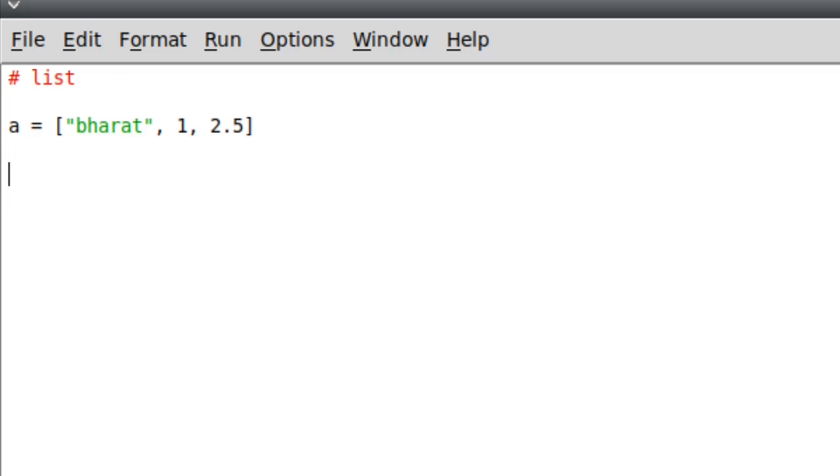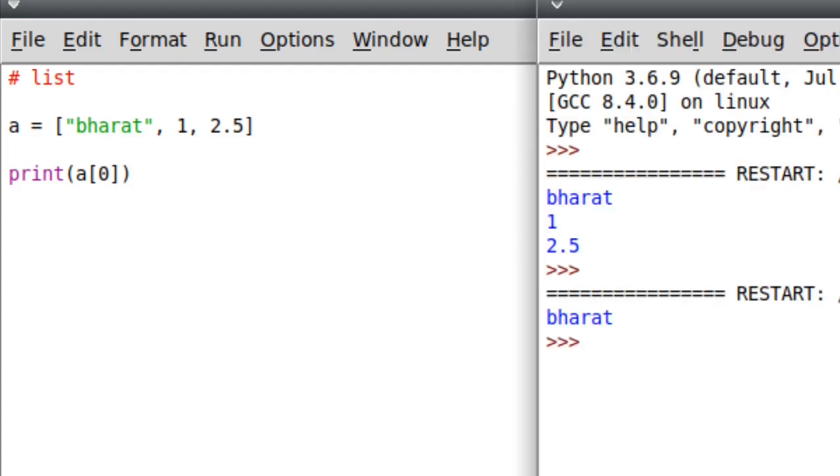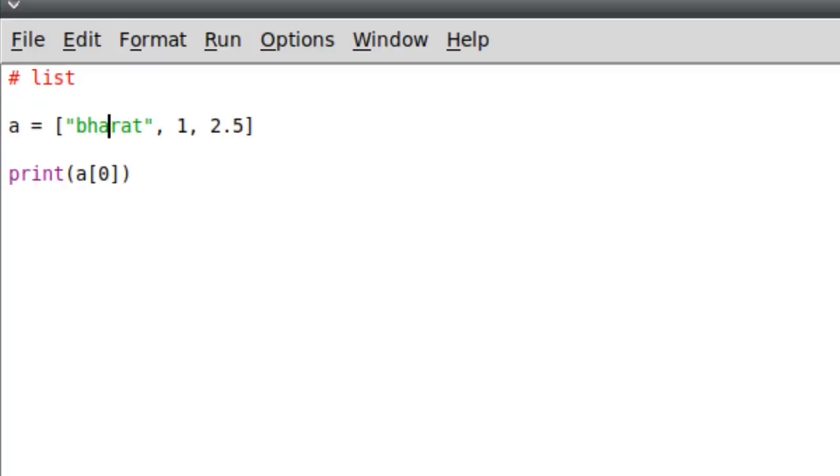Now suppose if I want, I'll get the value at 0 position. So I'll simply write our print statement followed by its position 0 here, and then it will give me at 0 index position this value like this.